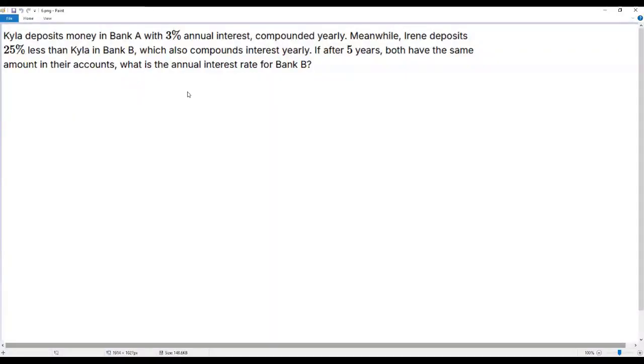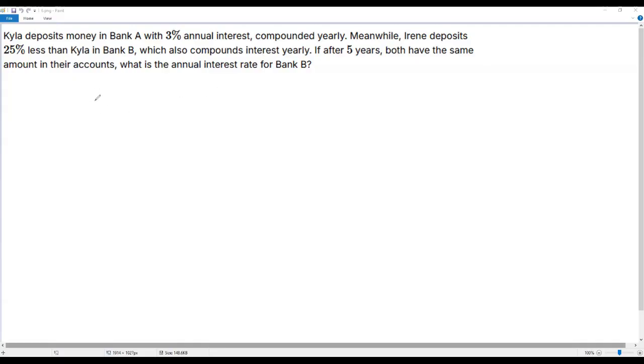Here we have a problem on compound interest. Okay, let's go over the given information. Kyla deposits money in bank A with 3% annual interest compounded yearly. Meanwhile, Irene deposits 25% less than Kyla in bank B, which also compounds interest yearly. If after 5 years both have the same amount in their accounts, what is the annual interest rate for bank B? So we are asked to find the rate of interest at which Irene deposits her money in bank